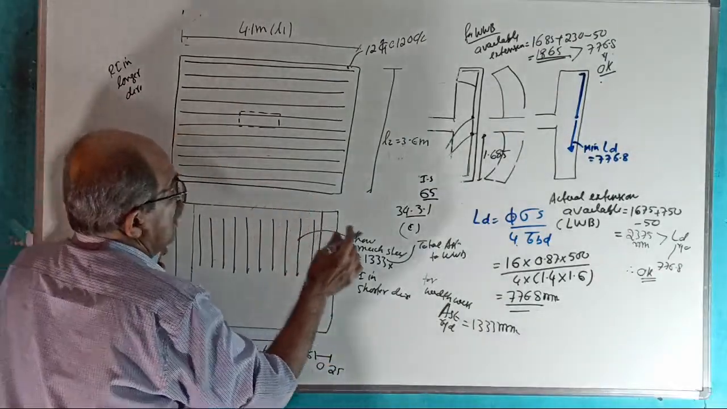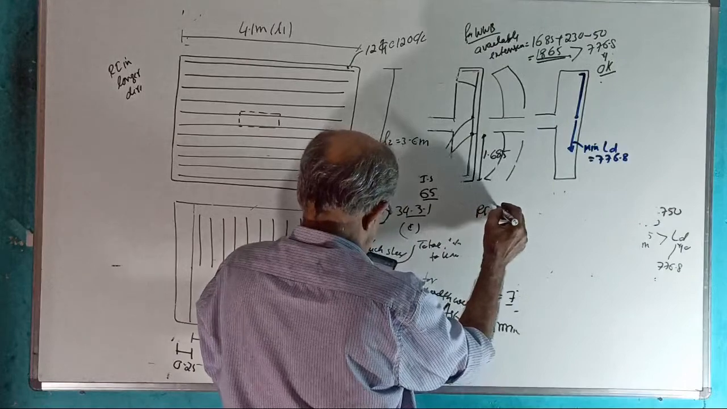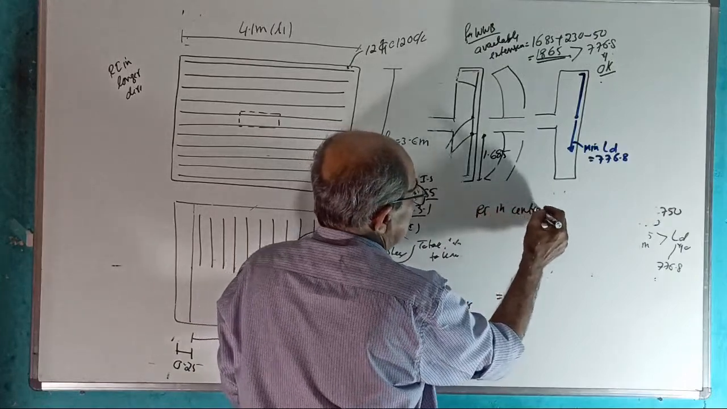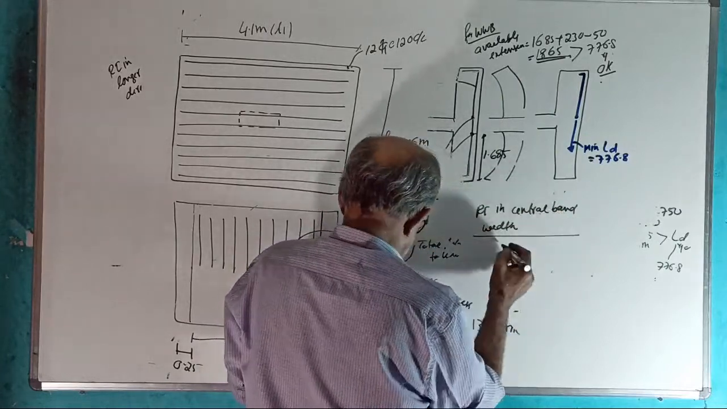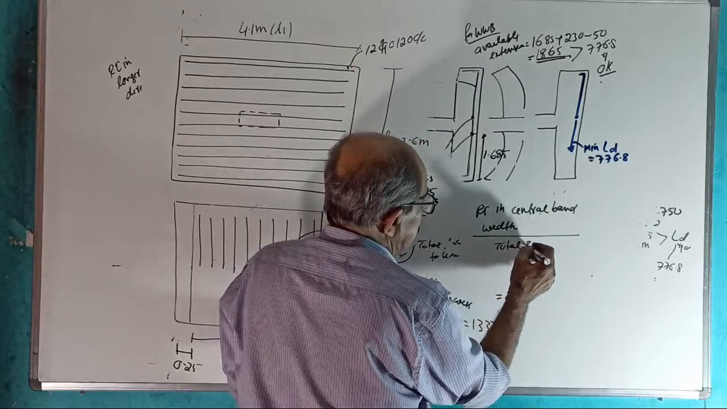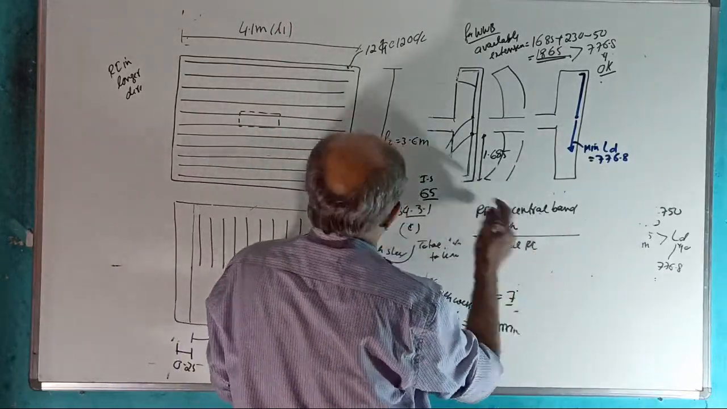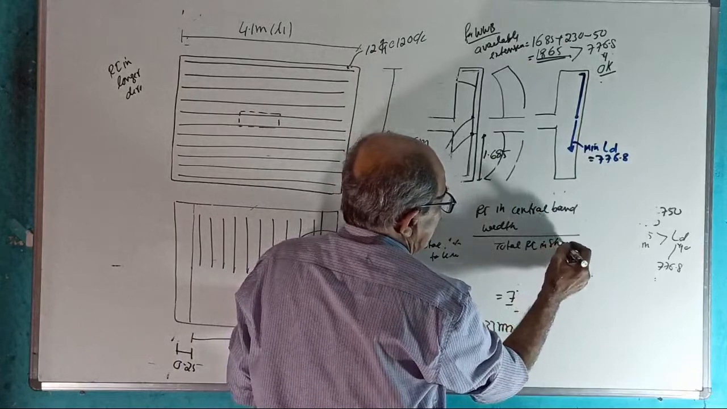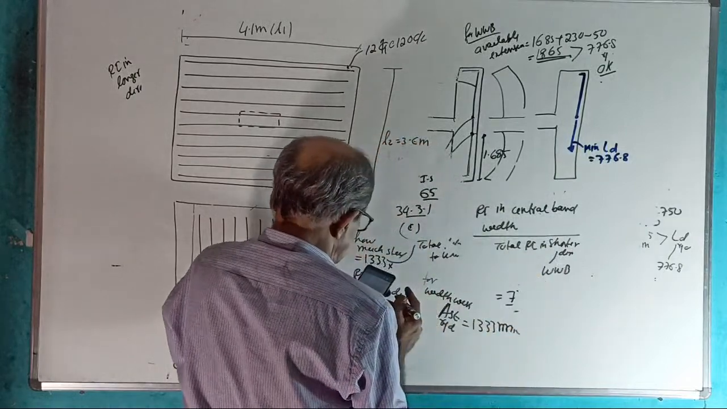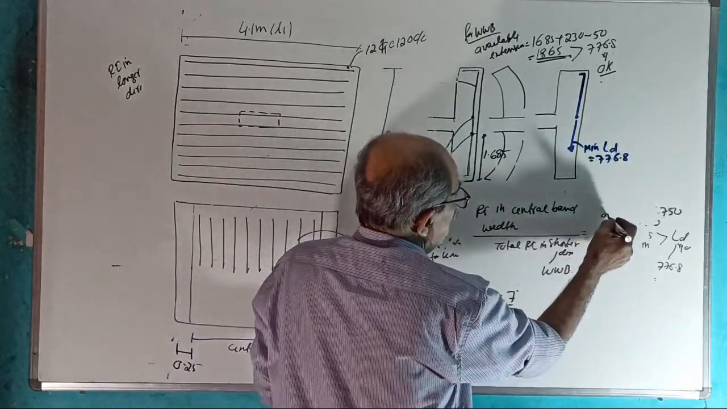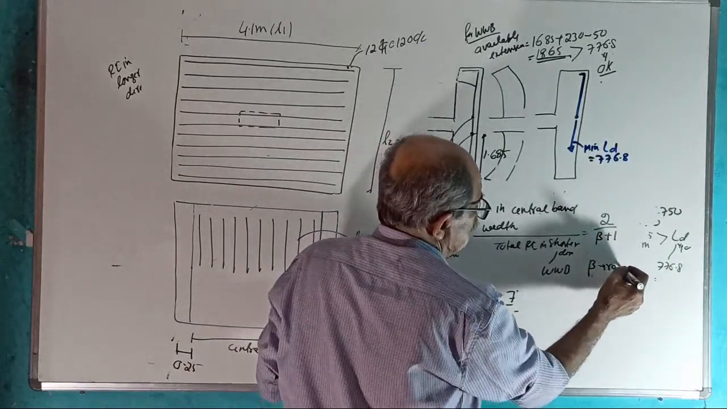Now, they told one formula, see here. The formula is reinforcement in central bandwidth divided by total reinforcement. They told in shorter direction. In shorter reinforcement means here in shorter direction, that is here widthwise bending. That one should be equal to 2 divided by beta plus 1,